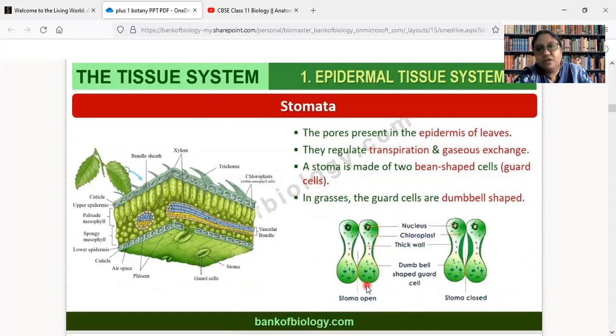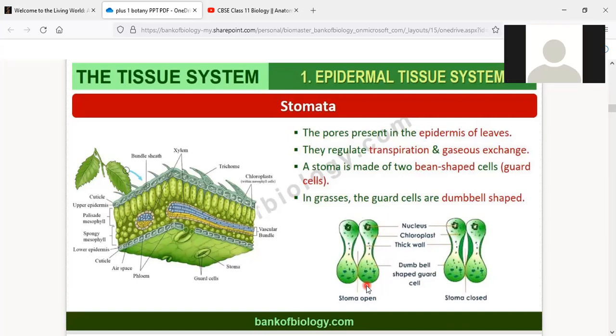Now, why should there be control of this pore? What will happen if it were only a pore, with no control? Why is it necessary to control its opening and closing? Ma'am, it is necessary because if it stays open all the time, unwanted particles can come inside. Not exactly for that, beta. Unwanted particles can come anyway. The plant will have excess water loss. No?